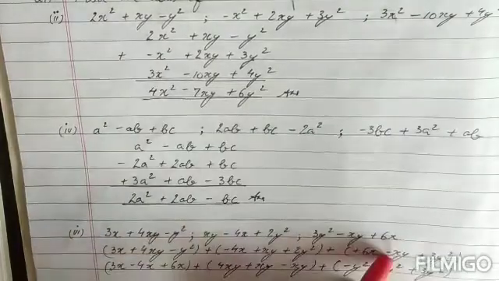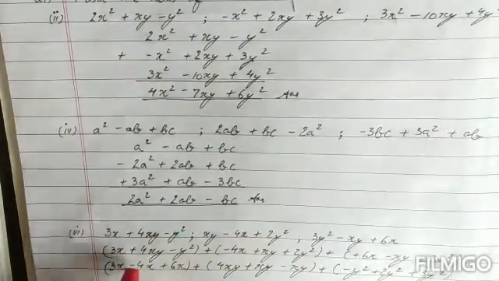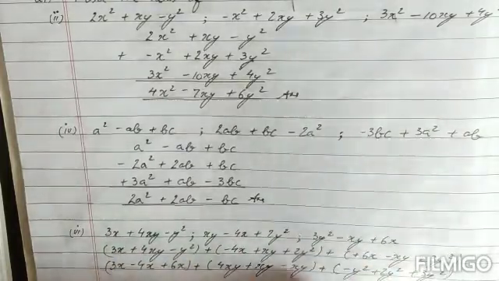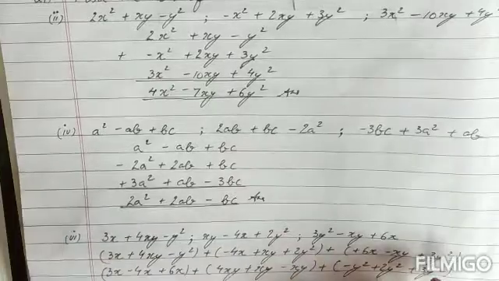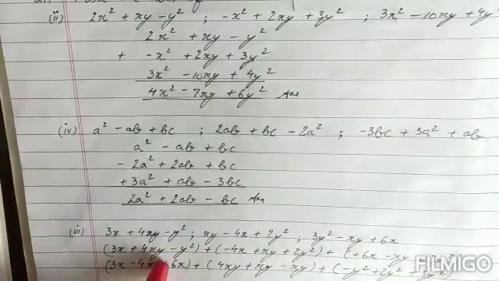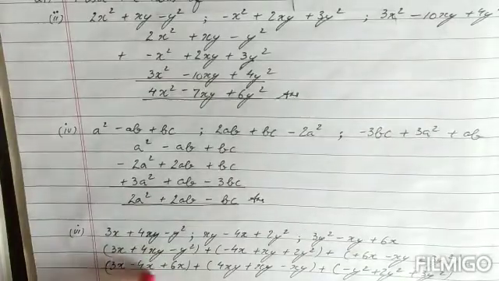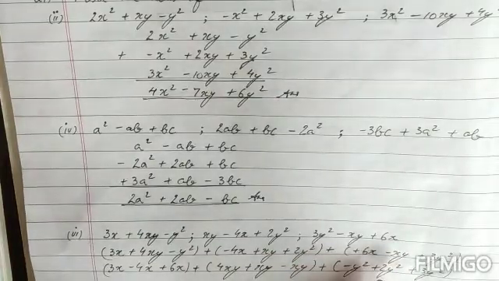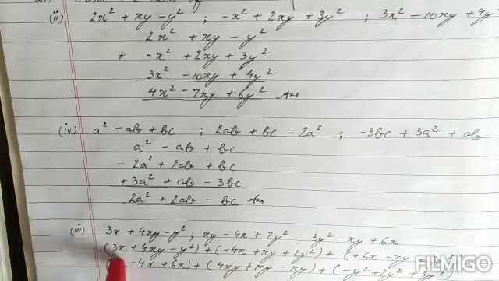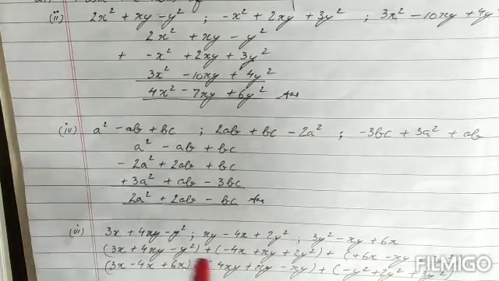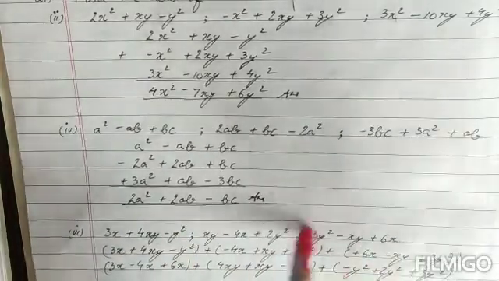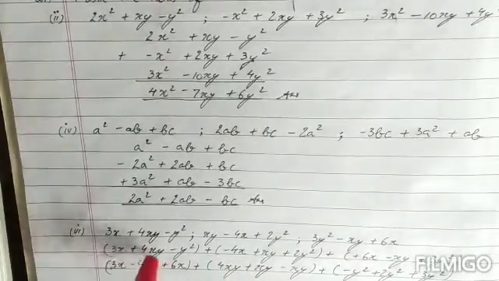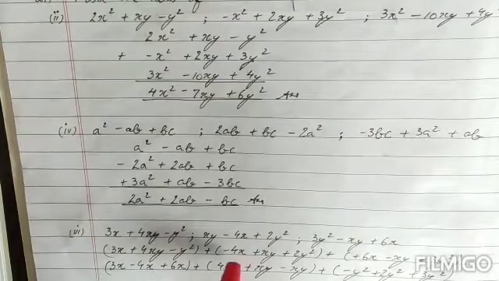Again, we have the polynomials, children. Now, in this one, if you see, children, we will have to rearrange them, and I have done it in the row method because maybe some of the girls feel that the row method is much simpler. So I have done it in that way. And what you need to keep in mind over here is, again, children, that you rearrange the values. Maybe when you are seeing the polynomial, it may be given in a different format.